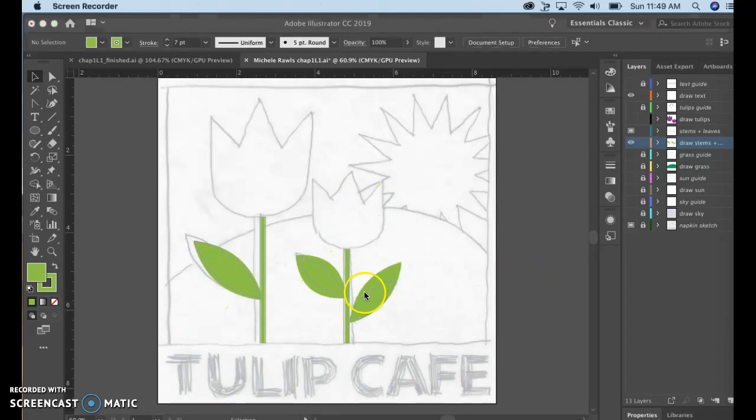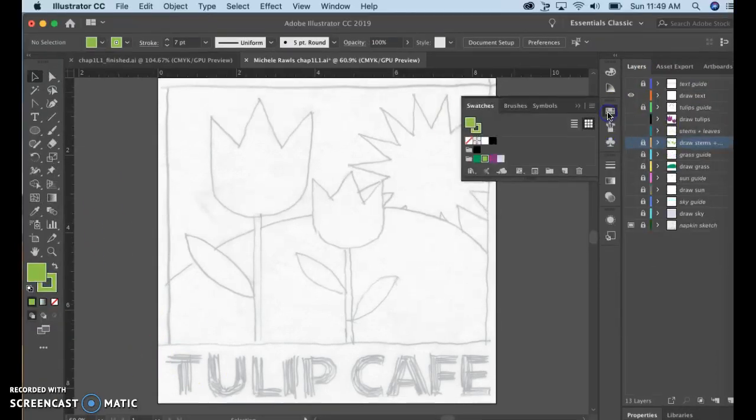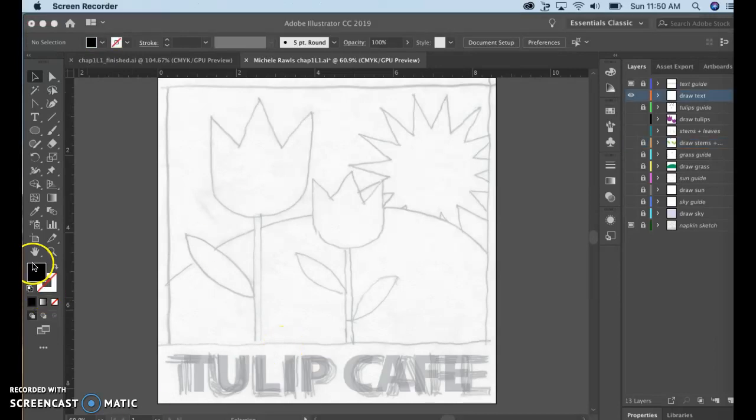Now it's drawn the leaves, and what you're going to do is hide this and lock that in place and take the leaves off and the stems, because now we're going to work on the last step. And what we're going to do is we're going to change this fill color to black, and I'm going to set up the parameters and tell you what your fill is black. Make sure it's non-stroke. Make sure you reveal your text guide by clicking this, and it brings up the text guide, and make sure you're on draw text. So when you're on draw text, I'm going to